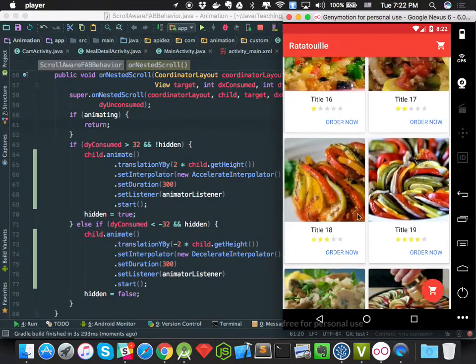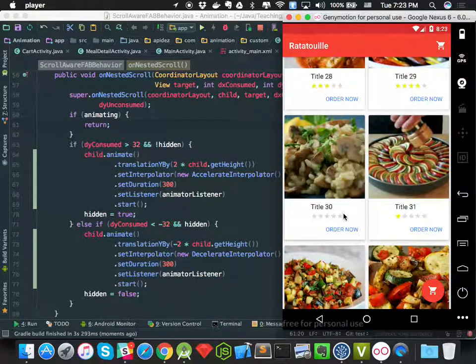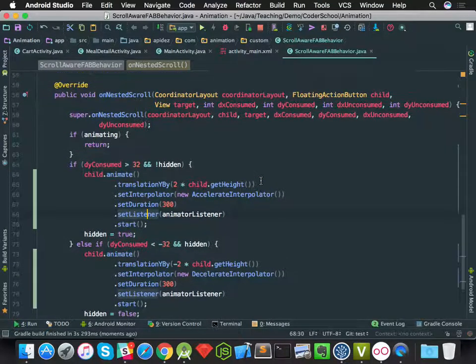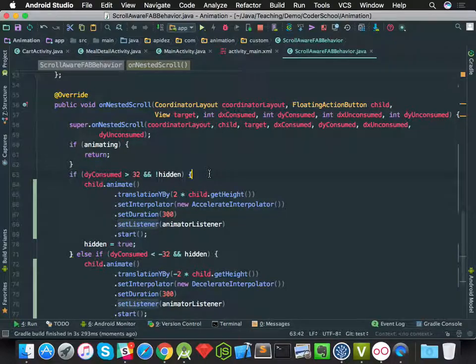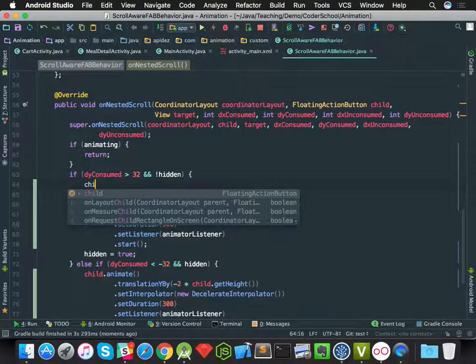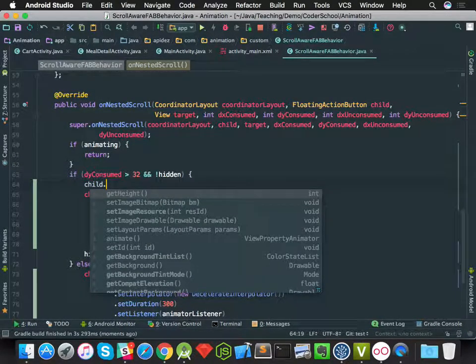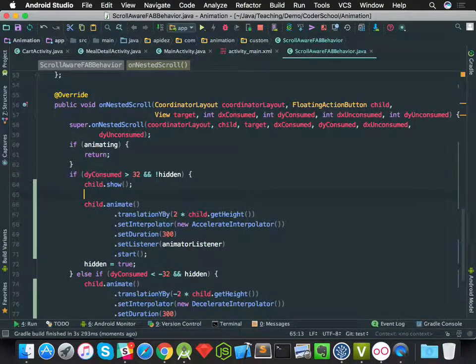Great. Okay, so I have a very important notice here. You know that on the floating action button you have something called show and hide, right? You can do this very simply. When you show and hide, it just pops, something like this. But from support library